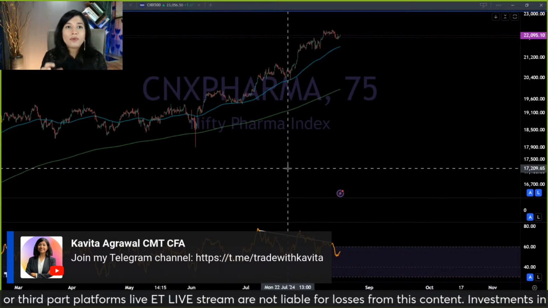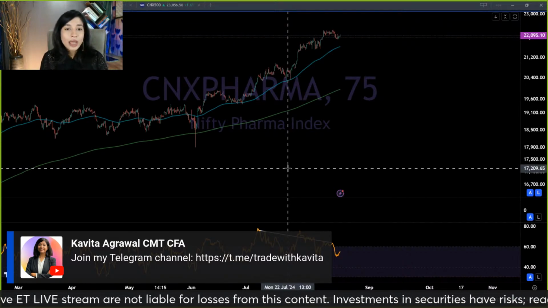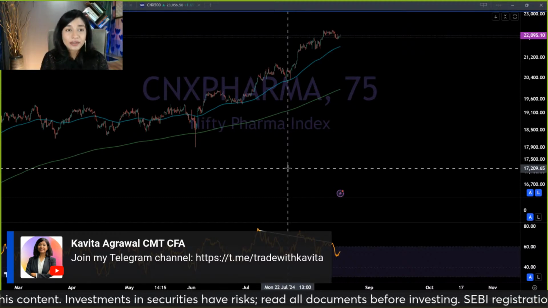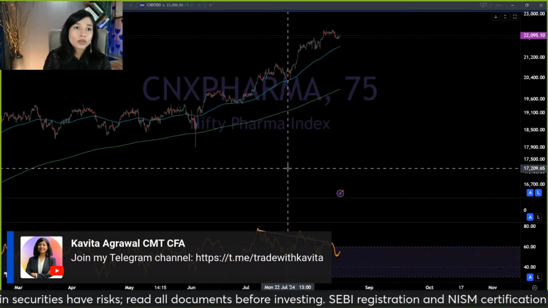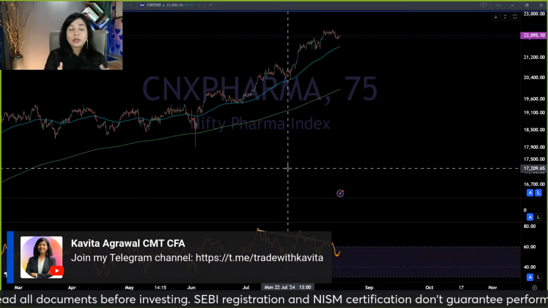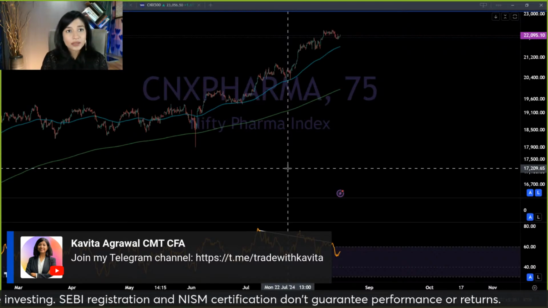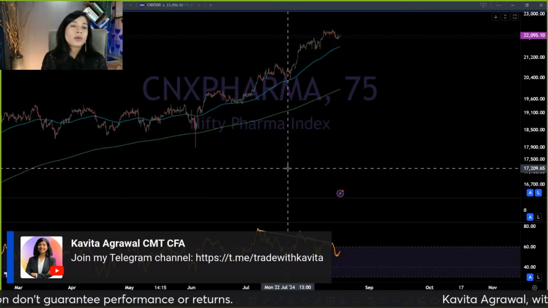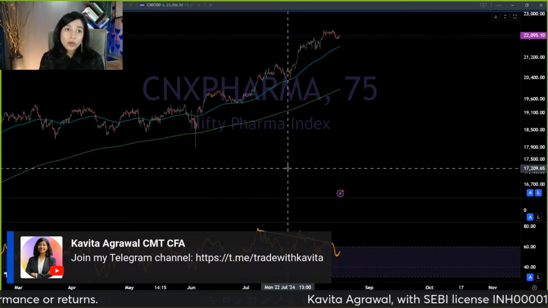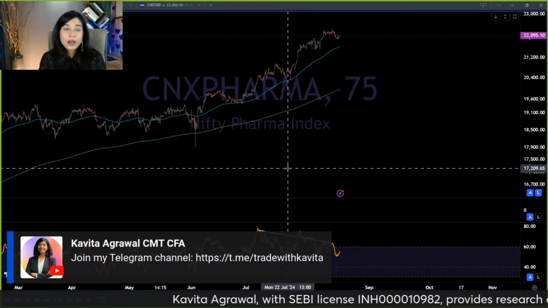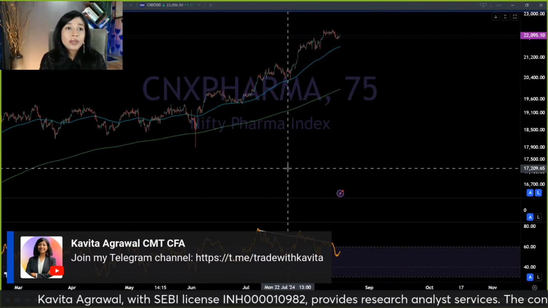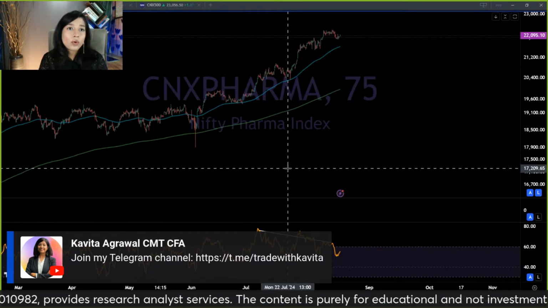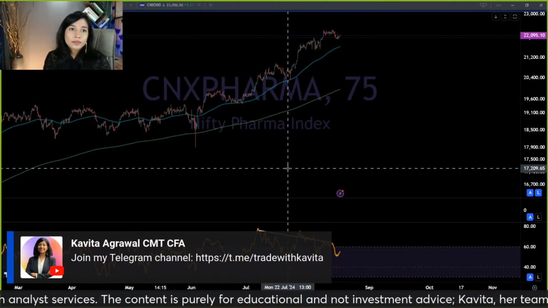Now you have to understand that the formation of the sector does not include every single stock, and even with these sector indices, though they can give you an indication, they are not giving you very directive or very definitive direction with respect to what you should do. So the stocks which are overweight in any sector index, their underlying price activity is obviously going to impact the price activity. So if there is a smaller stock or a stock which is not part of the sectoral index, but has some new developments which are not being reflected on the index, obviously your individual stock analysis is going to be more crucial over there. Got it?